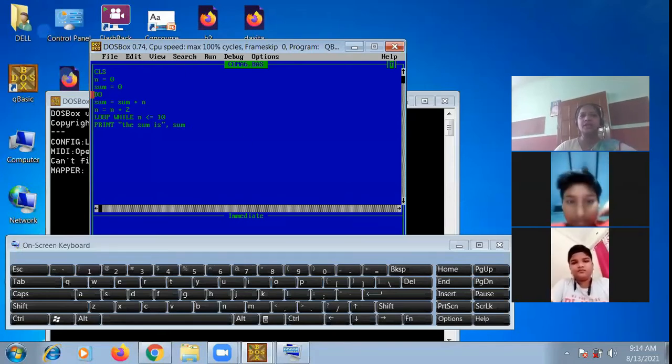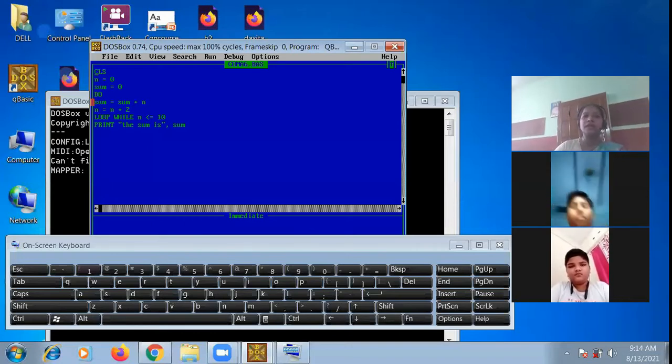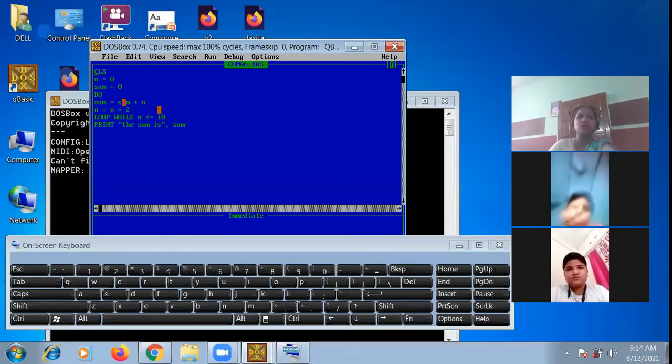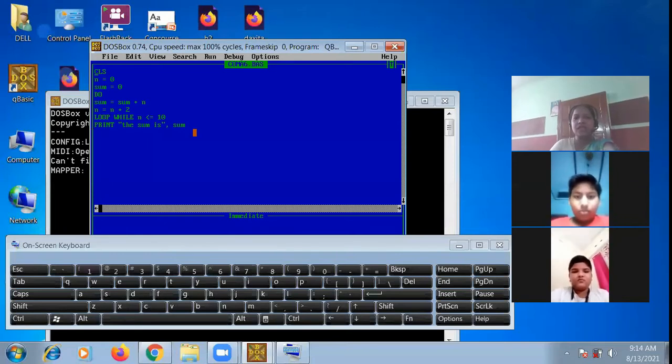Now again n value is 4, sum value is 2. Now it will calculate this. Sum will be sum plus n. Sum value is 2 and n value is 4. 2 plus 4, 6. Now the result that we get will be 6. Similarly, 4 to 6, 6 to 8, 8 to 10.